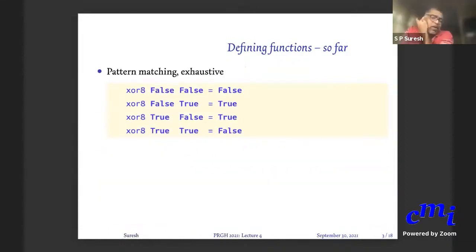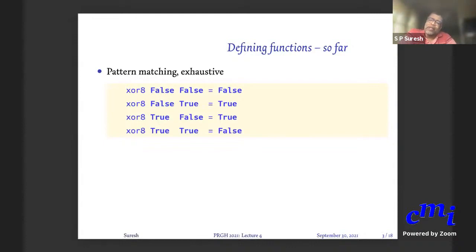And then we said you can define functions using pattern matching. Here you will give multiple definitions, but each definition will cater to different kinds of patterns of the input. In the case of bool, there are two simple patterns, either false or true. Those are the only two patterns you have, two kinds of values. We'll later see that if you're defining a function on lists, you'll again do pattern matching, and there are only two kinds of patterns there also.